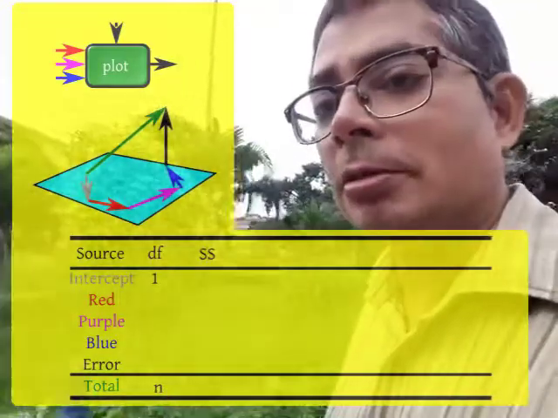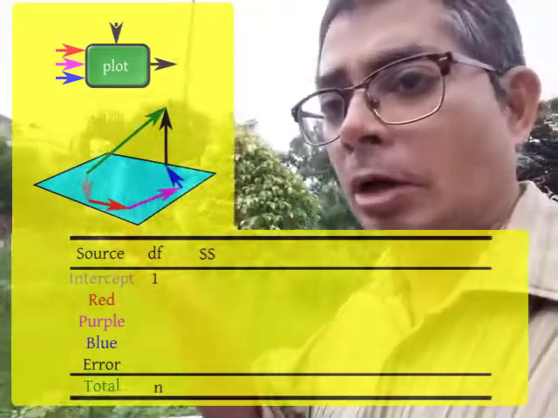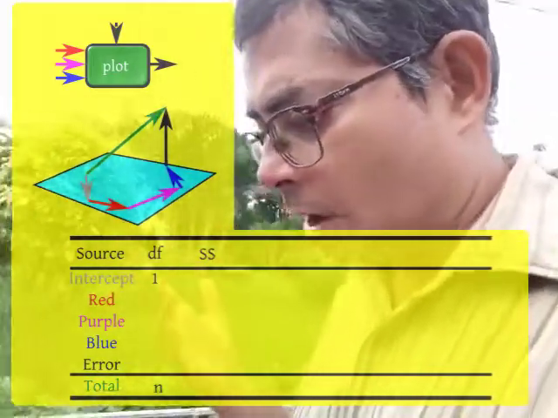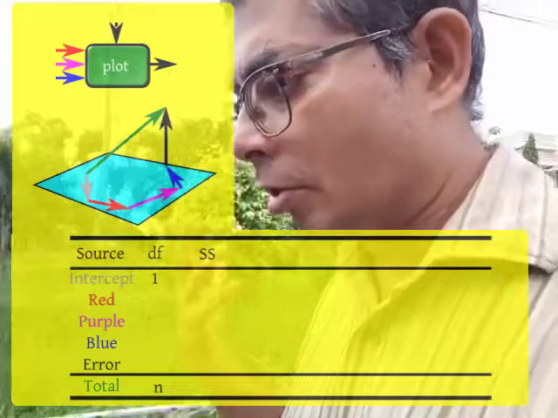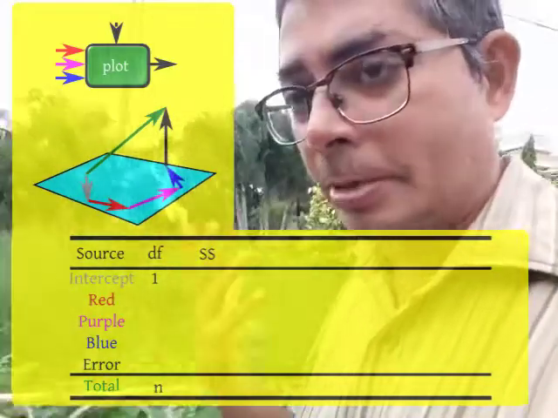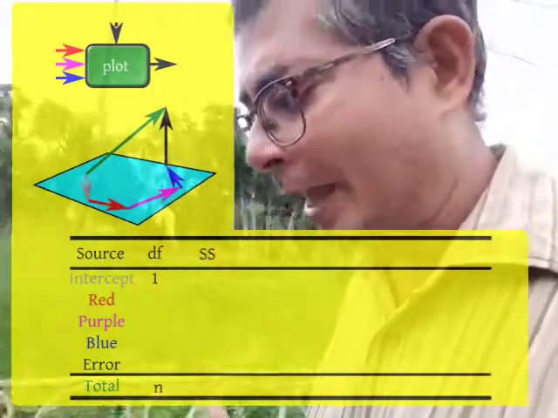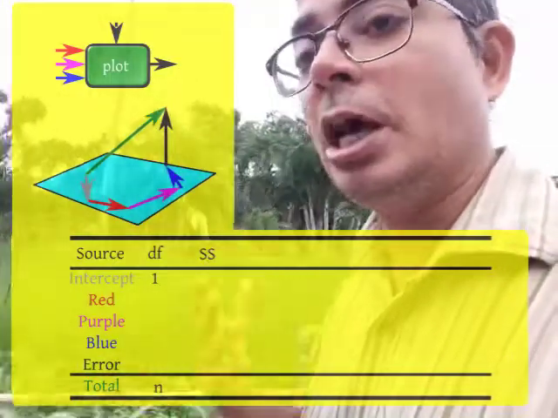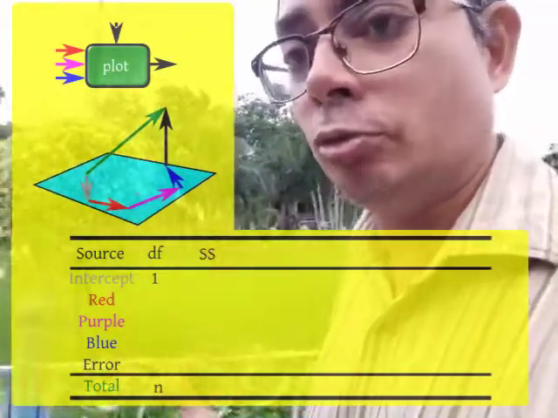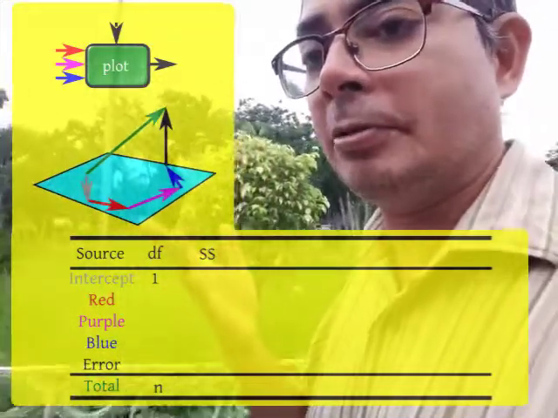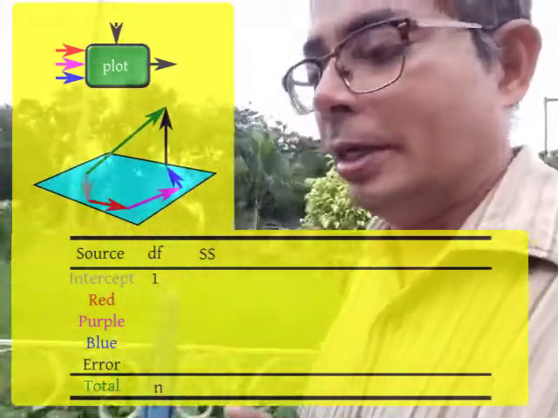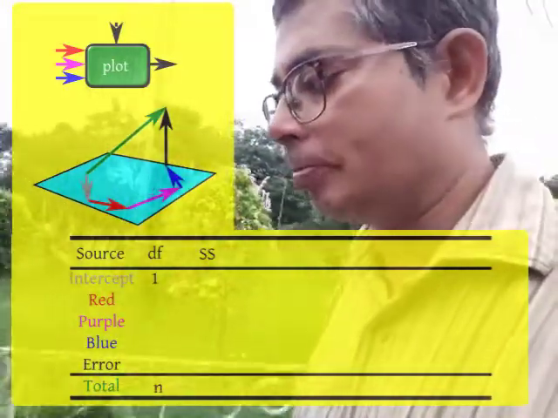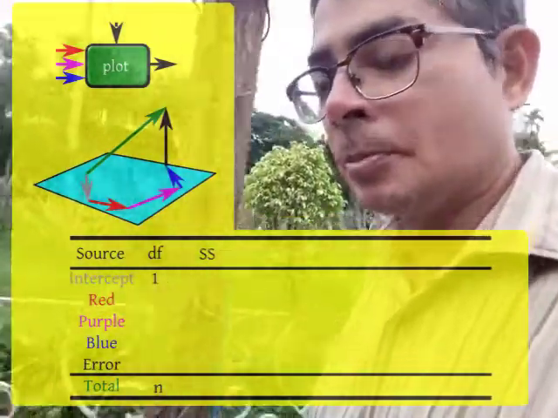In this table, they will show all the different orthogonal directions. So they have basically split up the total Rn into various mutually orthogonal subspaces. One subspace devoted to the intercept, another subspace devoted to the red input, etc., and the final subspace devoted to the orthogonal complement of the column space of X. So they will